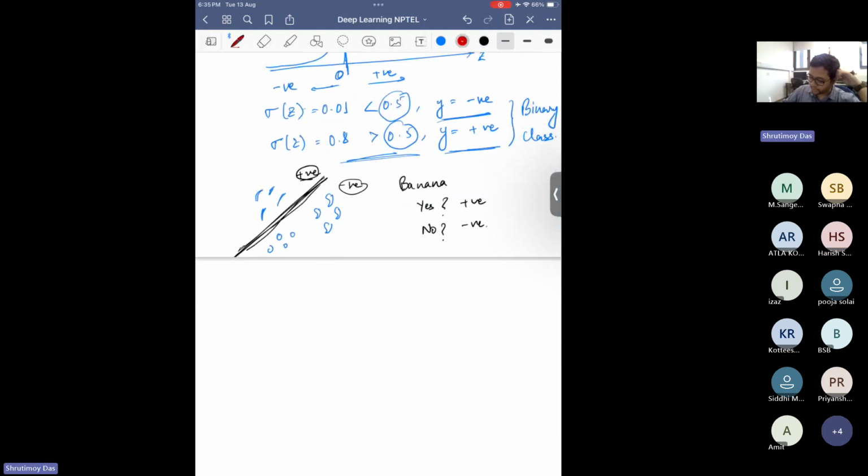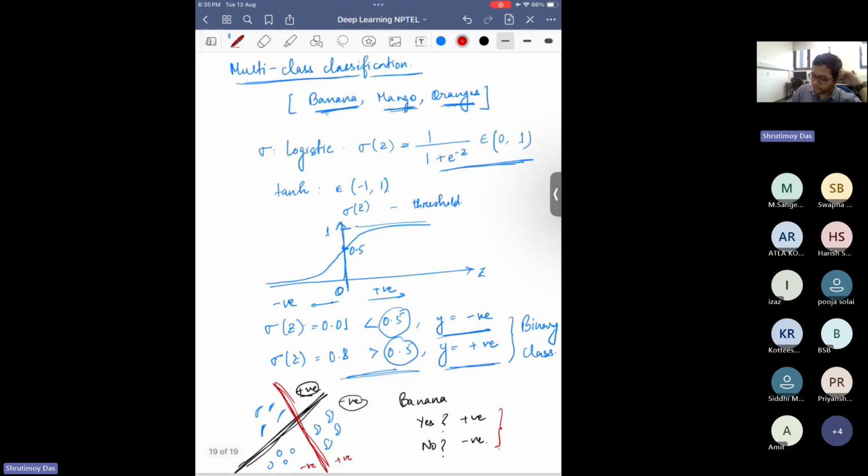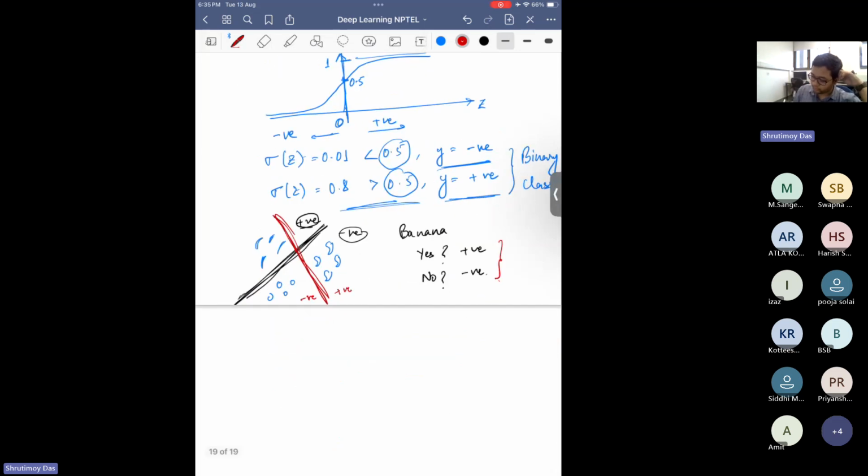Next time, I draw another line, and according to this line, if it is positive, then we'll have mango. If it is negative, we'll have oranges or banana. So you will use a different sigmoid here and say whether it is a mango or not. If you have only two classes, you can use the sigmoid. But even if you have multiple classes and you want to do this in a binary way,